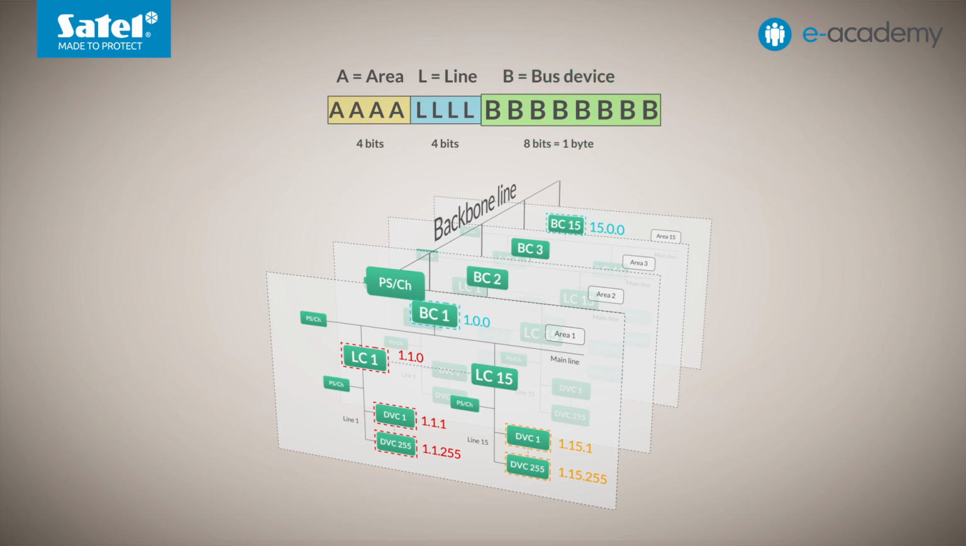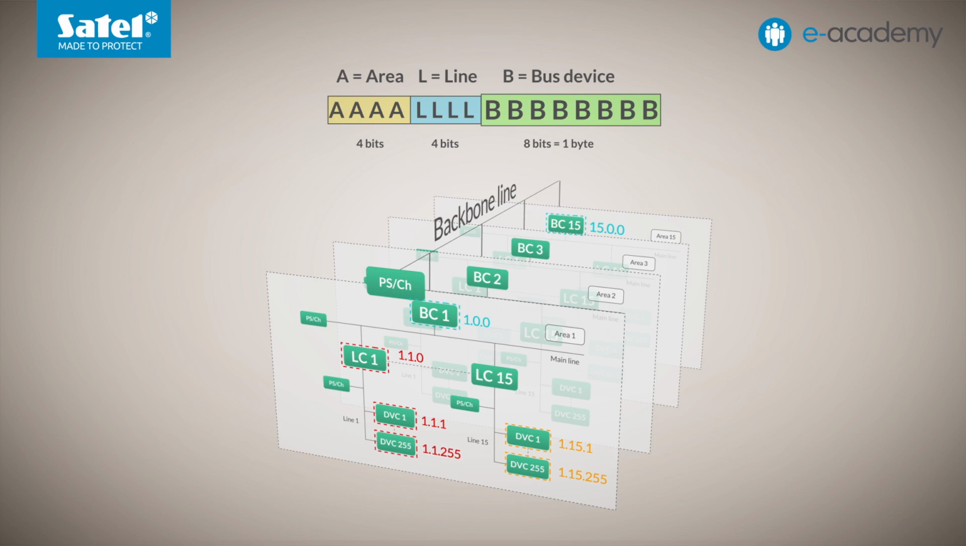The backbone coupler of the first area is assigned with address 1.0.0. For the last area, the address of the backbone coupler is 15.0.0. Below the line couplers are located. The coupler of the first line in the first area has an address of 1.1.0. On this line behind the coupler, 2 other bus devices are also marked, the first and the last ones. The address of the first is 1.1.1, which stands for Area 1, Line 1, Device Number 1, respectively. The last device, therefore, has the address